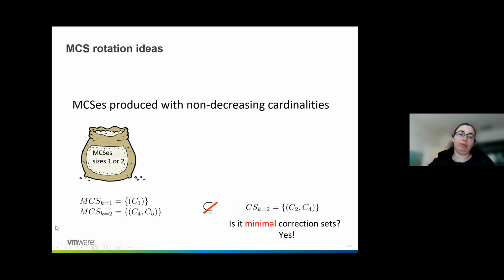So that's what we are doing. We are collecting these correction sets, and we know that we didn't miss anything because we are going by increasing cardinality. We collect them when we are lucky with this flipping procedure and get a correction set of the size that we are looking for right now. We need to do this subsumption check. We need to check whether there is a